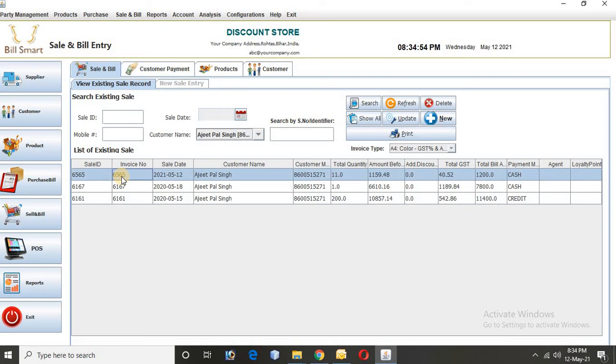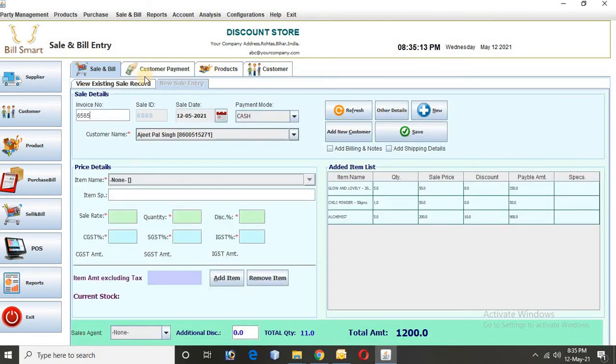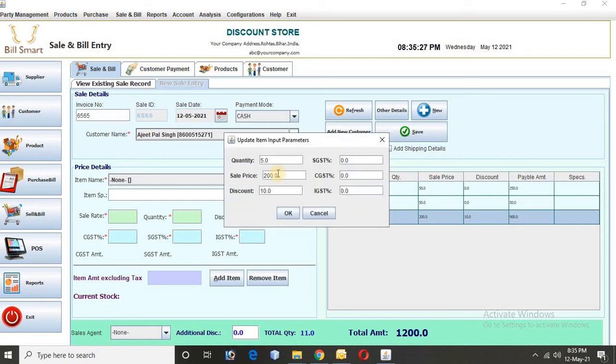The customer wanted to return one item from here, so I'll click on the bill which I wanted to update, the return entry. In this scenario, we are returning an item from the bill. The customer is returning some item, so I select this bill and I say update. The moment I click on update, you will see that the bill amount is 1200, and on the right side you see there are 3 items. Now the customer decided to return one Alchemist. Okay, fine. So double click on this list or press enter there, and he wanted to return 2 items.